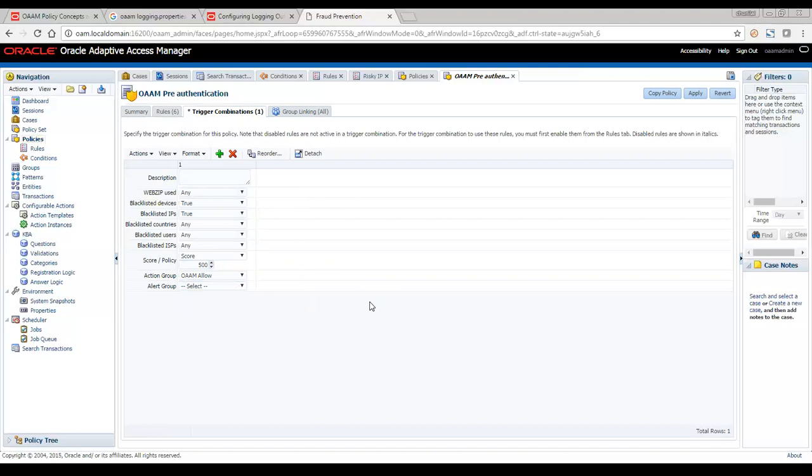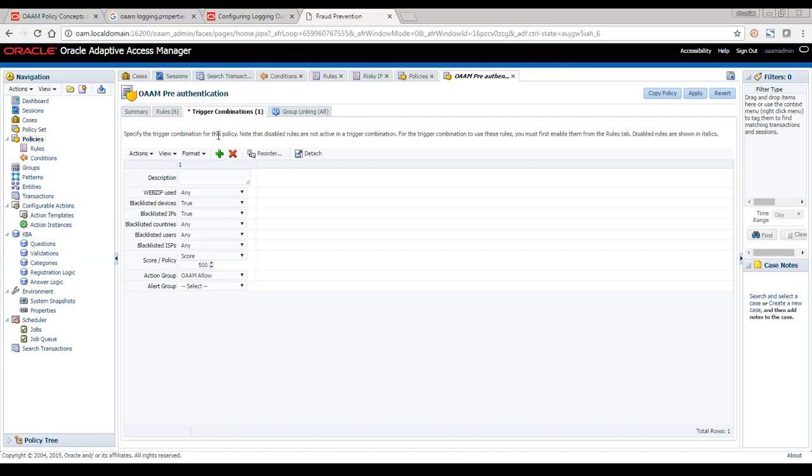It means you can also configure what action should be taken when two or three rules are triggered, or even if none of the rules has been triggered, and you can handle your action and alert with that.